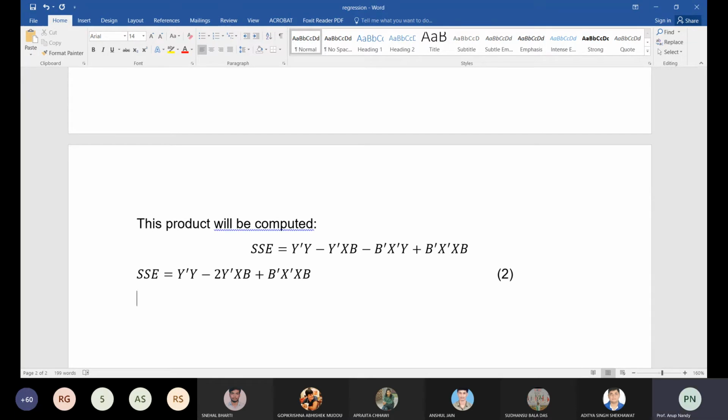Now this is a bivariate case. So next, what you have to do is take the partial differentiation, the derivative of the sum of square error with respect to the matrix B. In the B matrix, you have the coefficient as well as the constant, since we are handling a set of variables: the constant and one regression coefficient for each independent variable.